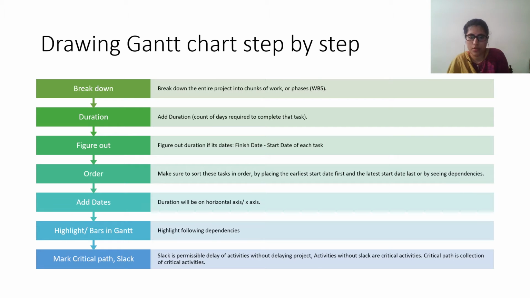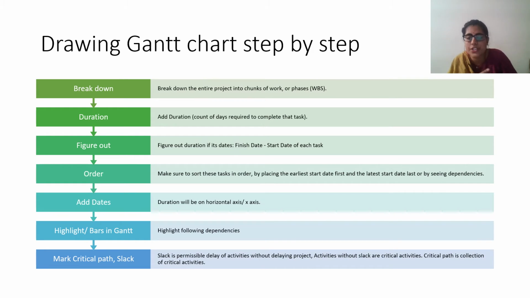Creating your breakdown of your work. If I have one particular main task, I am going to break it down into different phases and figure out the duration for the phases, which is almost like a work breakdown structure. For example, I have to paint, as we took the live example in class. Before I paint, I have to remove the old paint, do the plastering, do the sanding and some other stuff, right? So instead of just painting, I'll divide the work into preparation, removal of furniture, putting tape on the floor, etc. That is my breakdown.